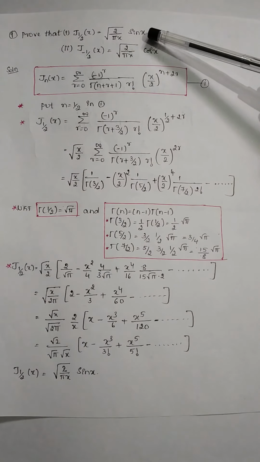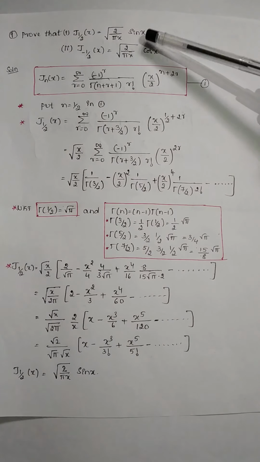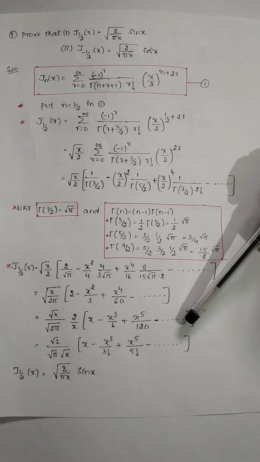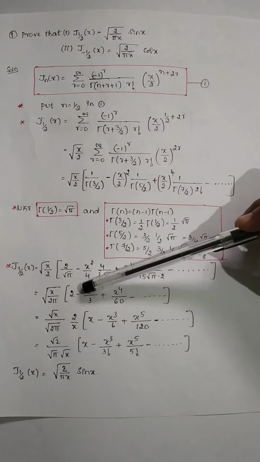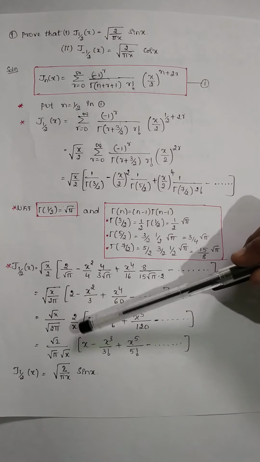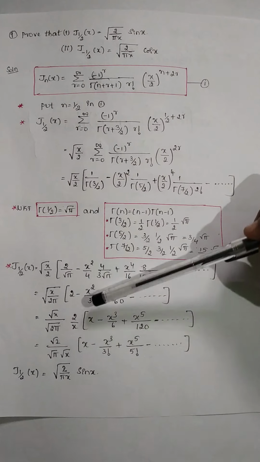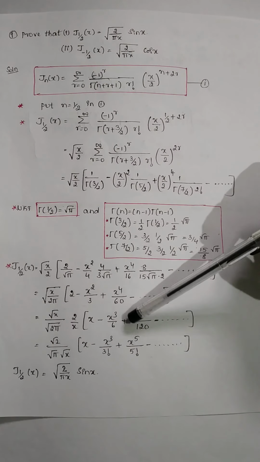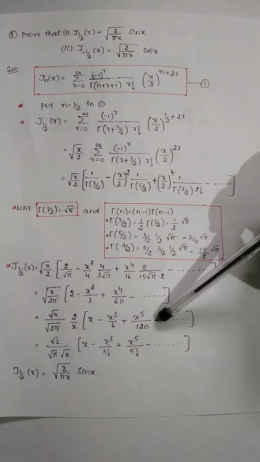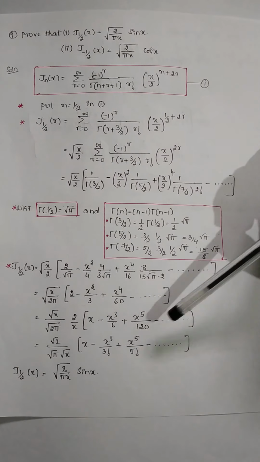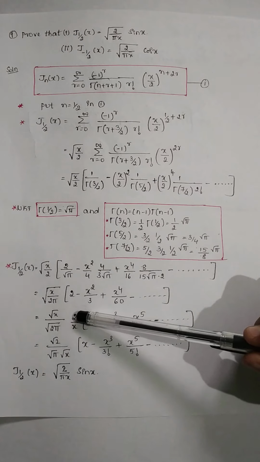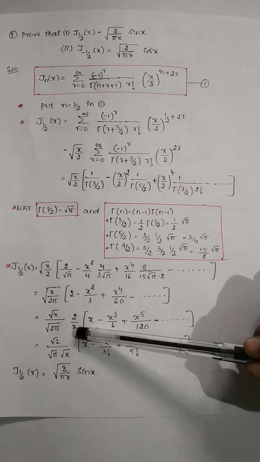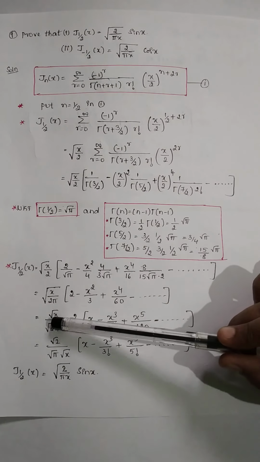The series expansion of sin x is required here, and to get the sin x series you need to take 2 by x common. From this series, if you take 2 by x common, inside the bracket we can find x minus x cube by 6 plus x to the power 5 by 120 minus and so on. In the next line you write this 2 as root 2 whole square and this x as root x whole square, and you can cancel 1 root x and 1 root 2.